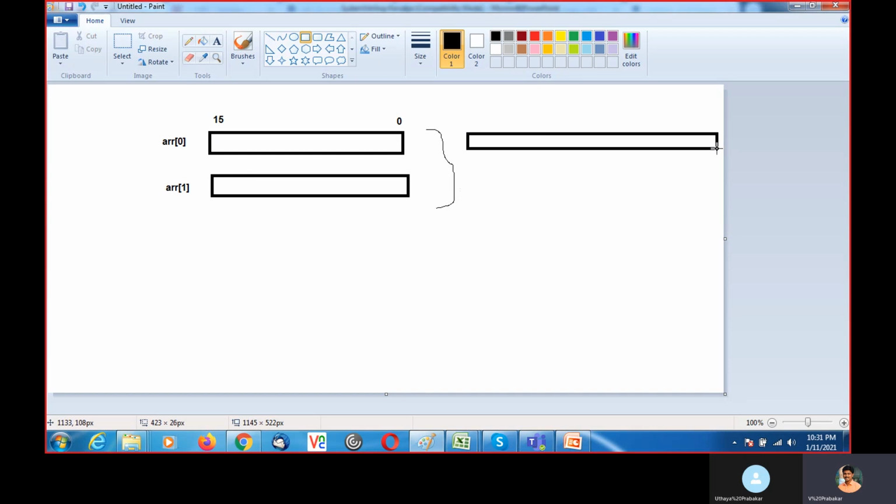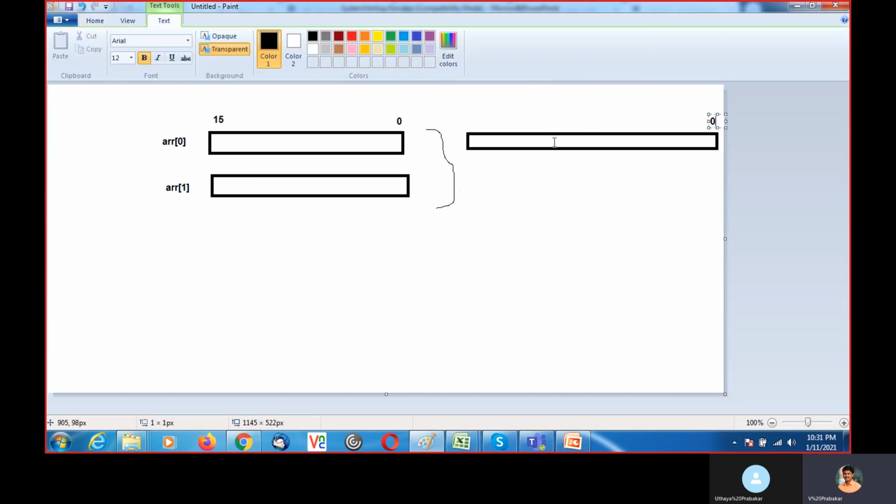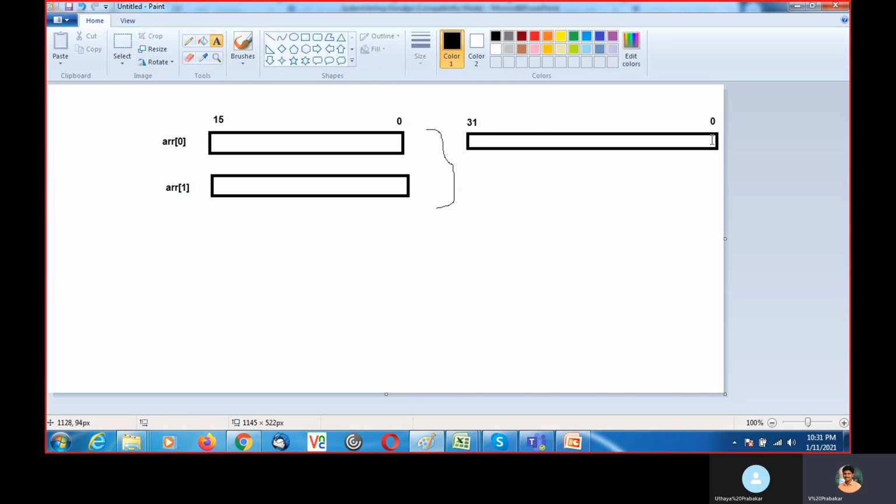So this is the 0th bit and this is the 31st bit. So totally you have 32 bits here. It is 0 to 15 and 0 to 15, 32 bits, which were split. Here it is combined as a packed format.